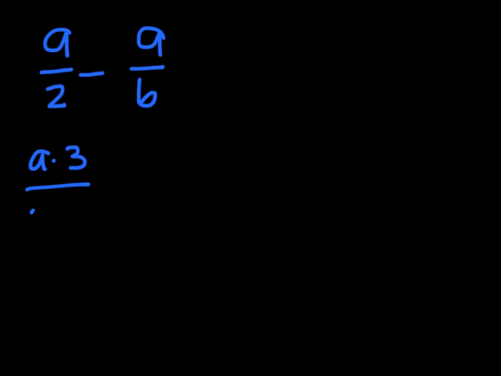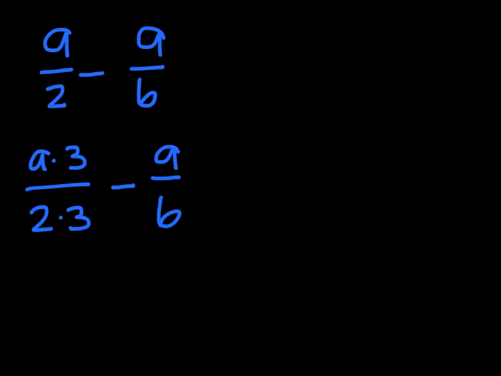We're going to simplify the expression a over 2 minus a over 6. Just as we would with any regular fraction, we need to find the least common denominator. In this case, we know our least common denominator will be 6. So, how do we make an equivalent fraction? Well, we need to take a times 3 and 2 times 3 minus a over 6 to create our equivalent